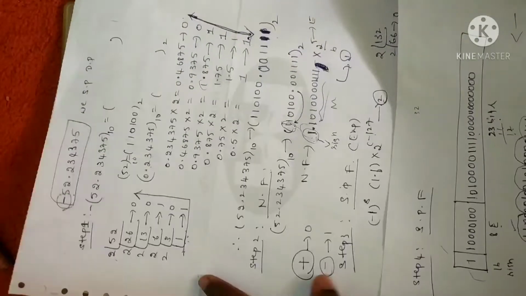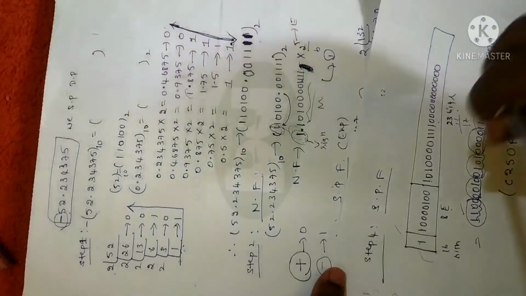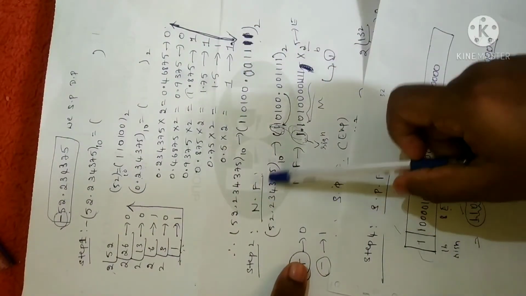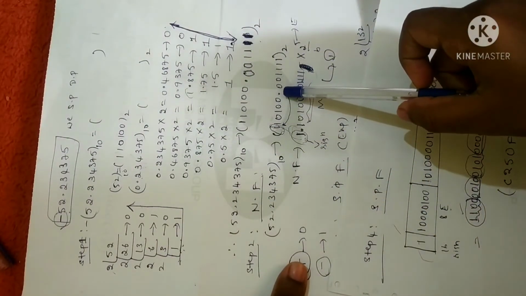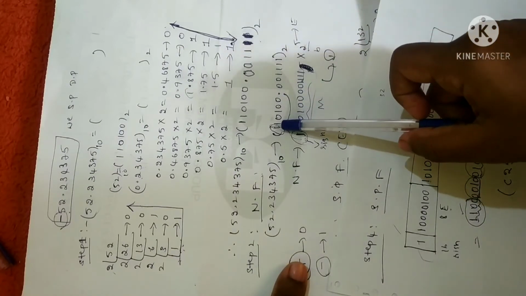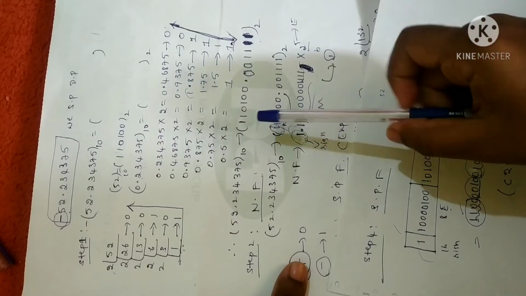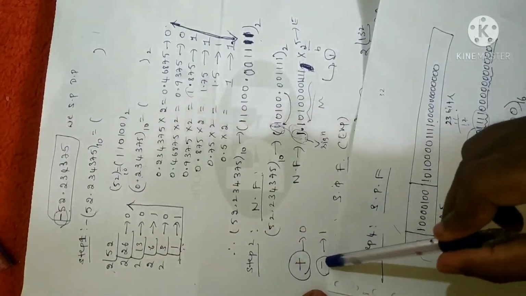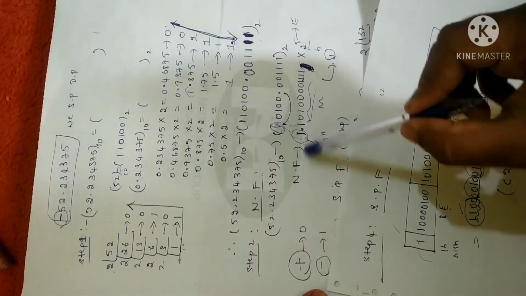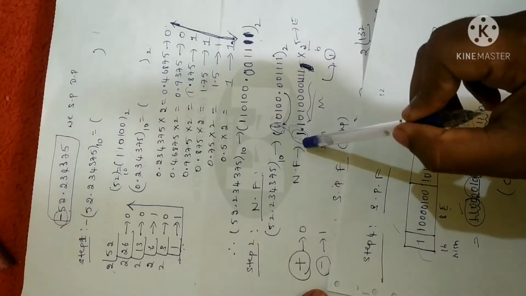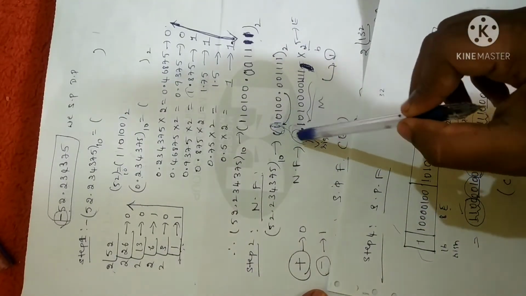So I'll just revise once again. First step is as usual, convert the given decimal number in terms of its binary. Next step, normalization form. Remember, while normalizing, you have to shift the digit to the last place, where the first digit will represent sign. Since in the given problem it is negative, you have to retain it as 1. If it is positive, you can make this 1 as 0. Since it is negative, I am going to retain 1 as it is.